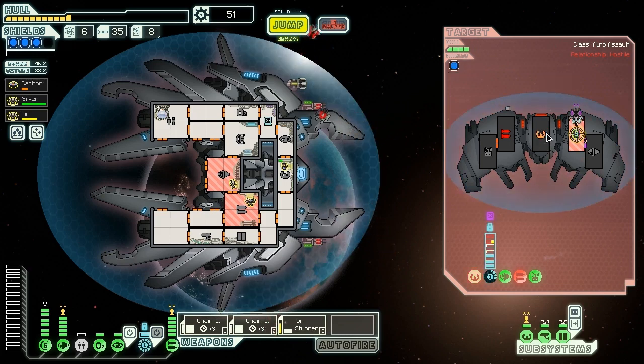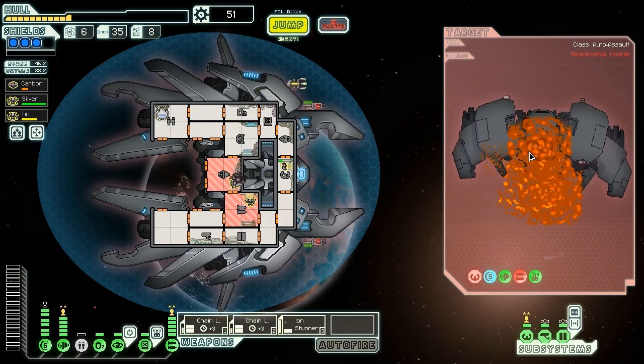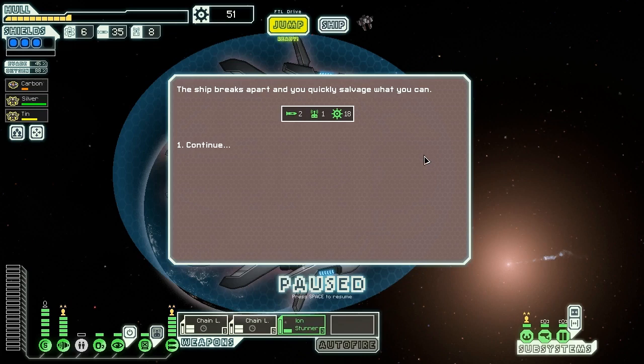But the upgrades for the helm are really good compared to what they used to be now. So the odds of us being able to easily smash him in the face just because we've done a bit of damage to his helm is a lot less. You get 80% for a maximum level and 50% for a second level helm, so they're pretty good now compared to what they were. The ship breaks apart and we quickly salvage what we can, getting 2 missiles, a drone